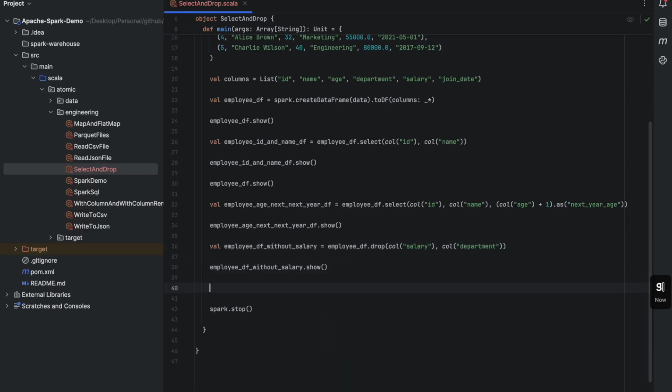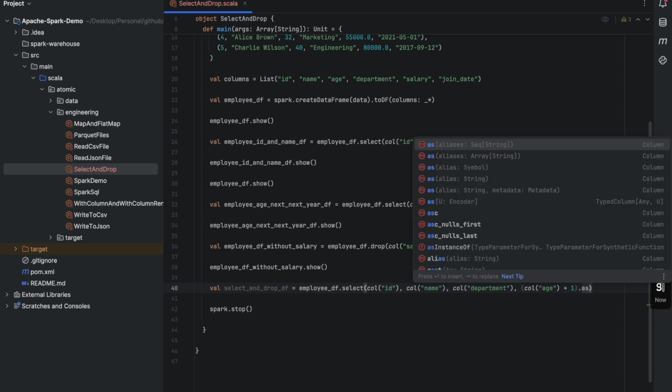And there is one more thing. We can use multiple functions on top of a data frame in a single line at the same time. Let us say I want to select a few columns from a data frame and then drop one or more columns from the result data frame. We can do that in a single line. Let me read this into select on drop df. I will use employee df and select columns ID, name, department, age plus 1 as